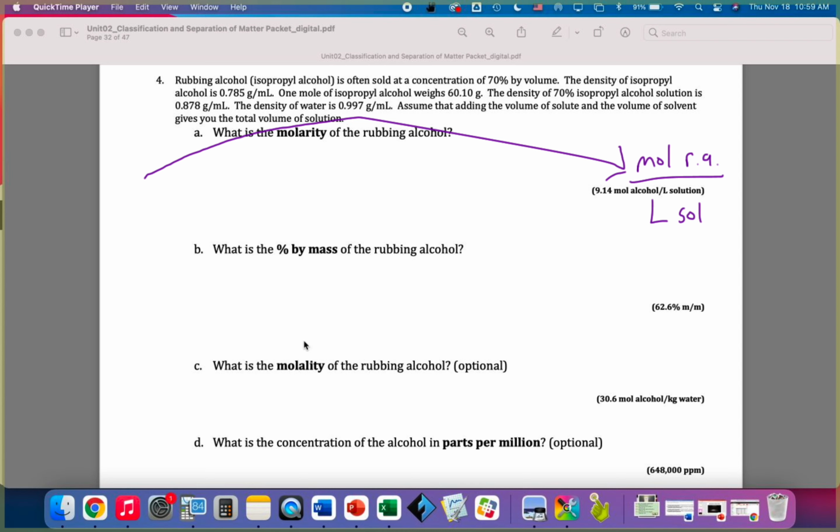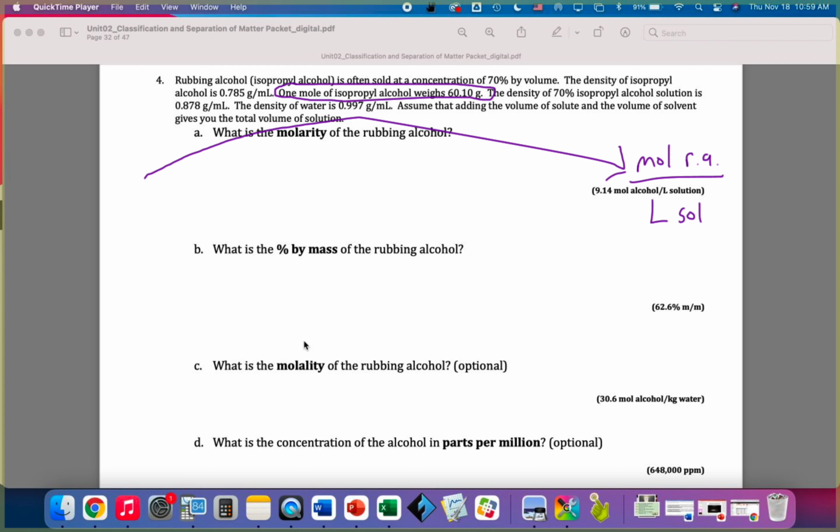So if we take a look at this problem, I have a lot of densities. I have the density of the alcohol. I have the molar mass of the alcohol. That's probably going to come in handy. So if I know the mass of this alcohol, I could probably change it to moles. I've got another density and another density. Well, it doesn't seem like we have a lot to go off of here, but it's oftentimes the tricky part